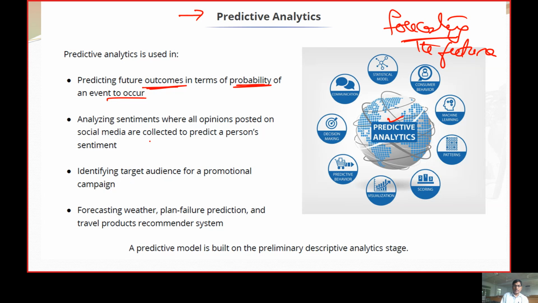One example was analyzing sentiment, seeing all the opinions, and whether it is going to repeat again or not. In this way, we predict what category a person is in, so that it identifies the target audience for a promotional campaign. Who will be the right audience to go for a campaign? When we watch YouTube videos, we get ads. Those ads are customized ads. We have seen something, and the relevant information is taken up.